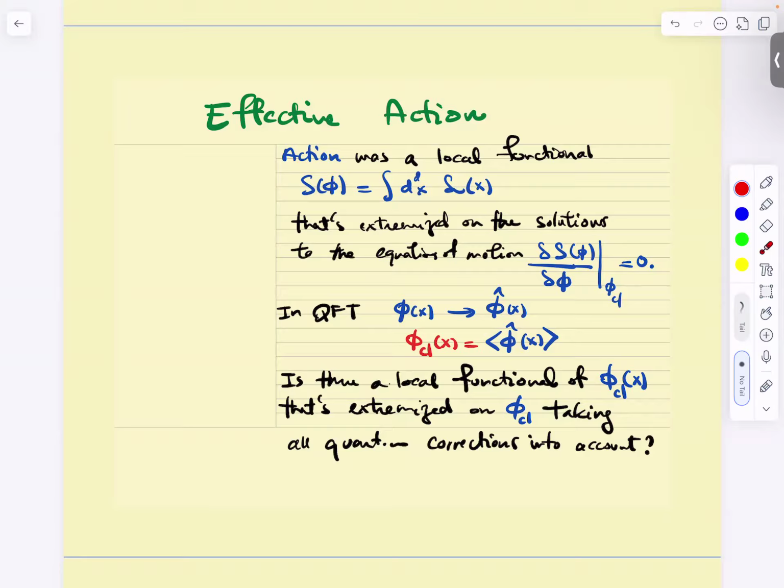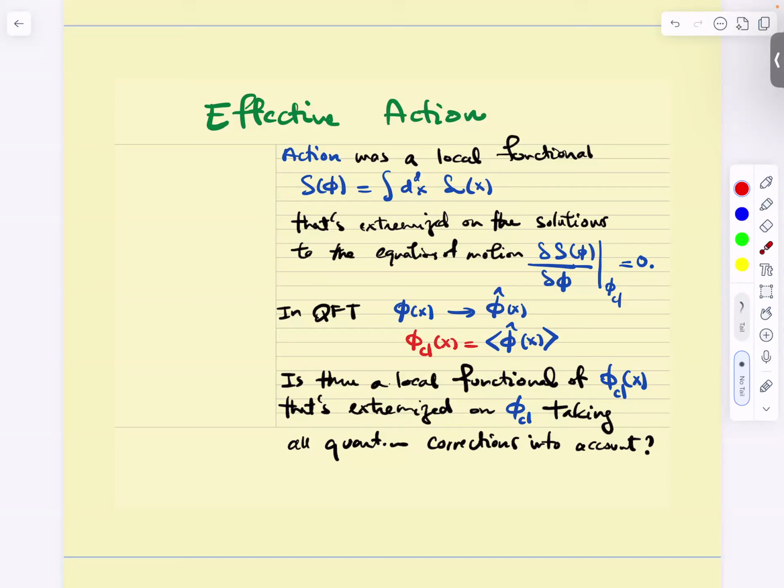When you have classical field theory, you have a functional action, you vary with respect to phi, and then that's a classical equation. Now, in the quantum world, there is no variation of that type. There are operators and a path integral. But what we would like to do is